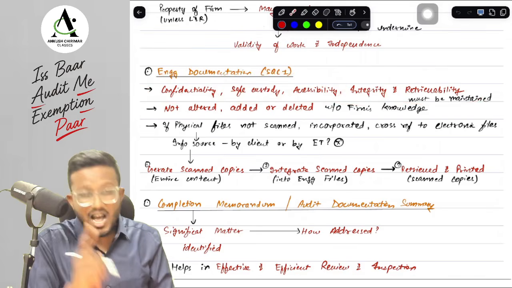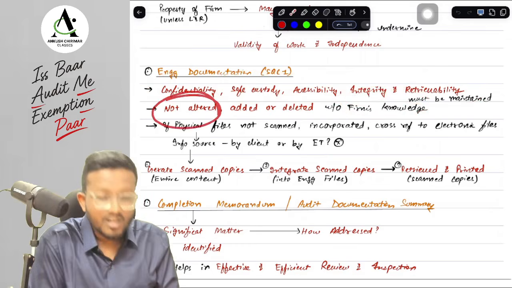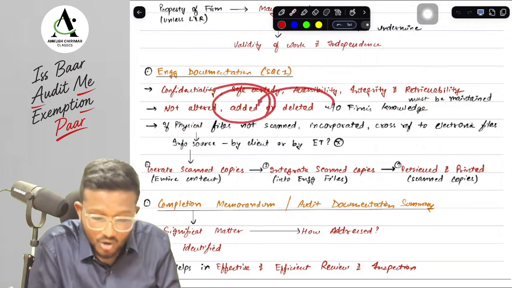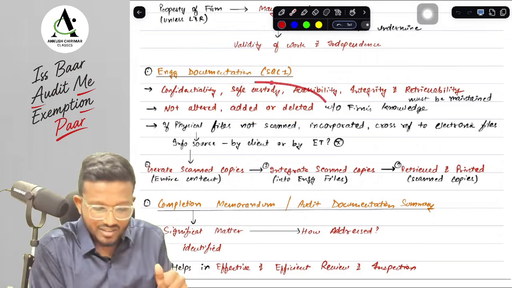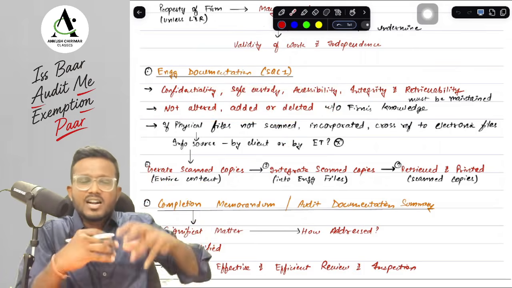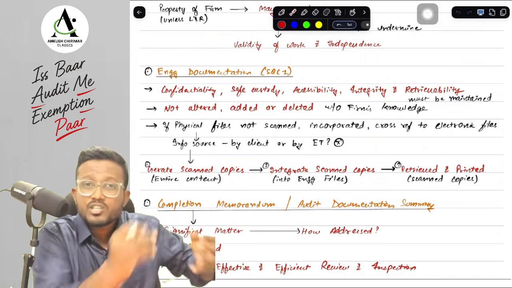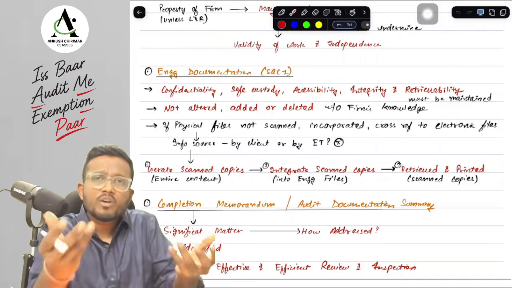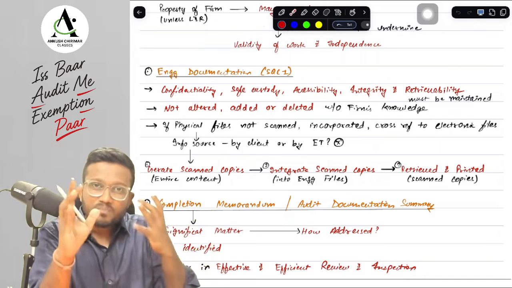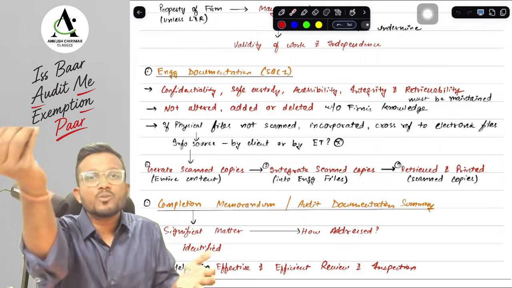Okay, yes sir. Now you need to ensure that without the firm's knowledge, the audit documentation is not altered, not changed, not added to, or not deleted. We need to maintain such strict controls on the audit documentation that without our knowledge, these things cannot happen. Now there are circumstances when the CAs are maintaining their audit documentation in physical files. Some of the audit documentation is maintained in electronic files, and the physical files are not being scanned into the electronic file.